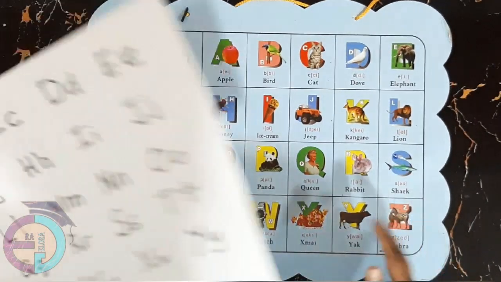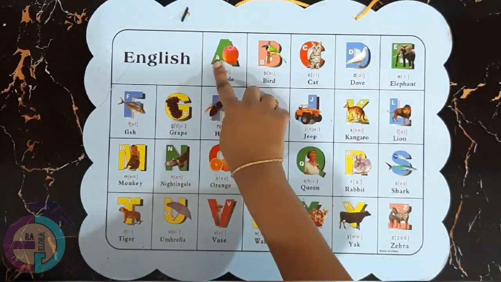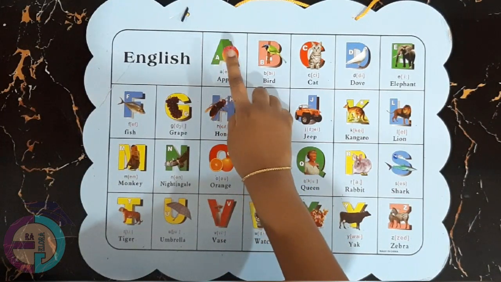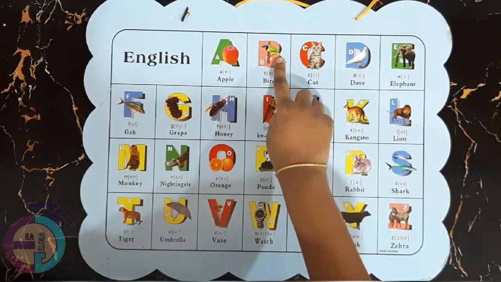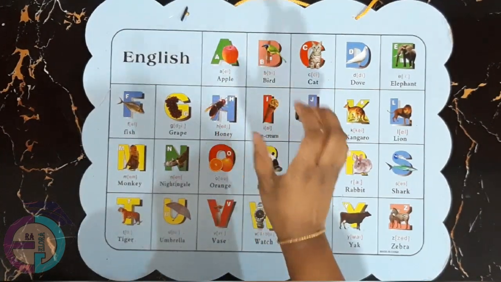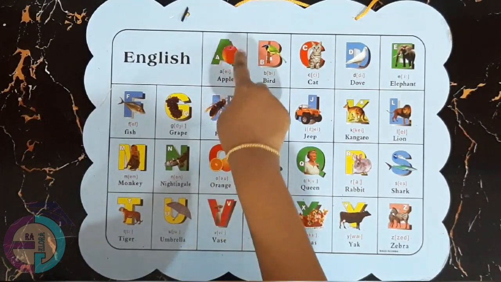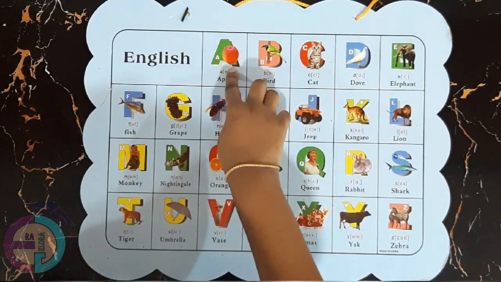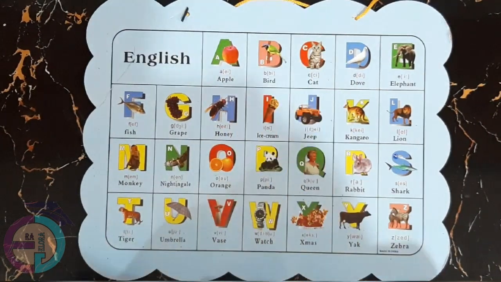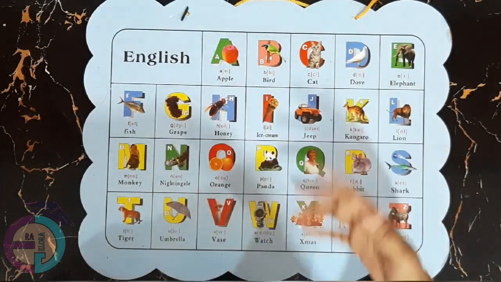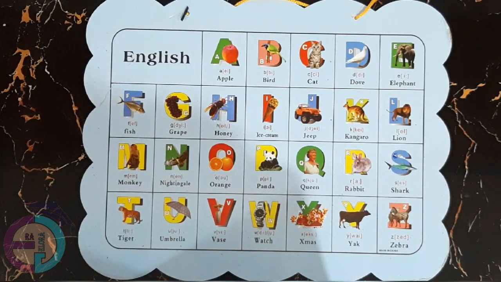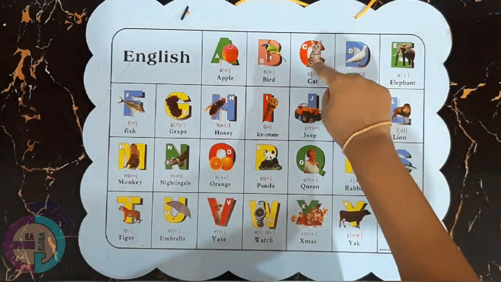Or if you have an alphabet chart, alright, then you can say A says apple, B says bird. For toddlers, they will get more attracted to the pictures compared to the writing here. So you can use this picture to get their attention. So you can ask them, can you show me where is the apple? Apple. So they will look at the picture and they will point, this is the apple. So then next you can ask, where is the cat? Cat. So they will point at the picture.